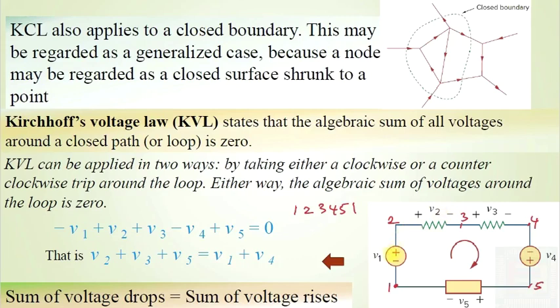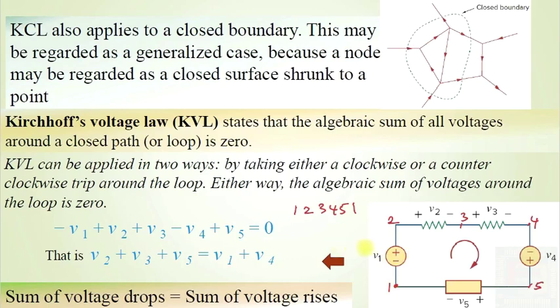Algebraic sum means if you meet a rising potential and consider it as positive, then if you meet a drop in potential, it has to be considered as negative, or vice versa. That means if you meet a rising potential and consider it as negative, then if you meet a drop in potential, you have to consider it as positive. So if you come into this loop 1, 2, 3, 4, 5, if you start from node 1,